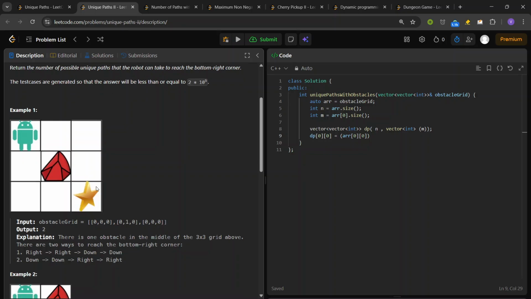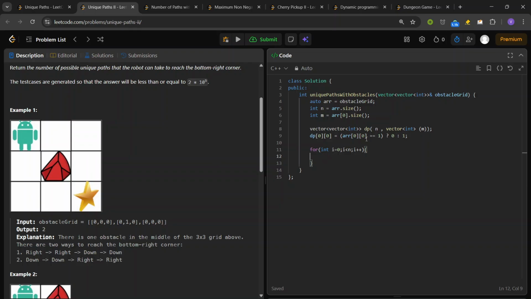If this thing is 1, I know that there is one obstacle, so I cannot reach this point. So the number of possible ways is 0, or else this will be 1. That's it. After that I just run a loop